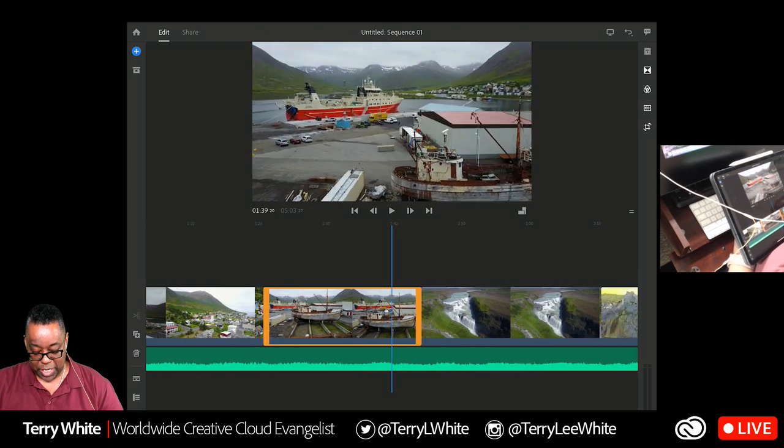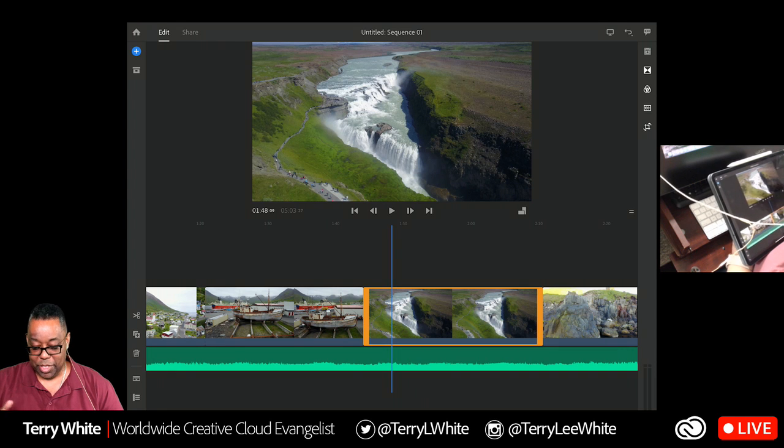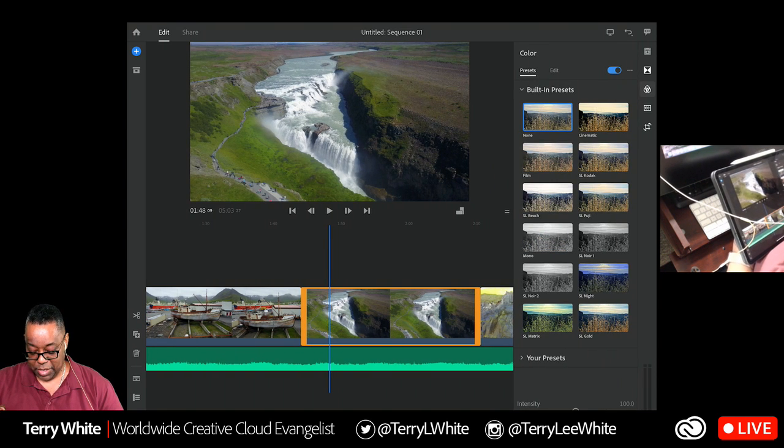One of the other things that I haven't talked about yet is you also have the ability to apply looks. So these are the built-in presets that are here. So these are some that are kind of cool. You got cinematic, you got mono, you got matrix, you got gold. Maybe I want something like,